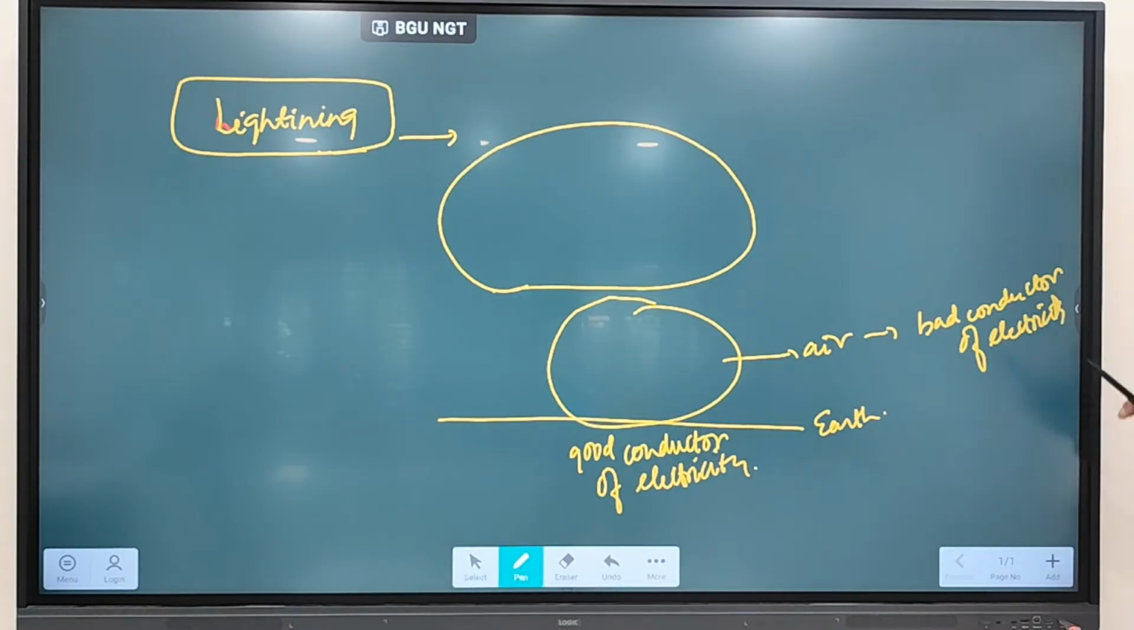What is electricity? It means charge flow. Charge is moving from one point to another point. So air is a bad conductor of electricity, but what you see is that the Earth is a good conductor of electricity. Fine. Now,